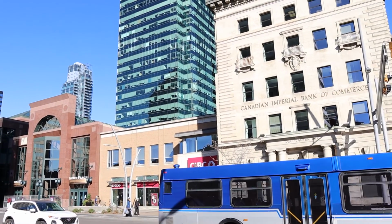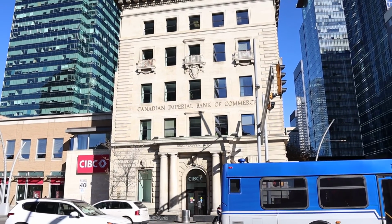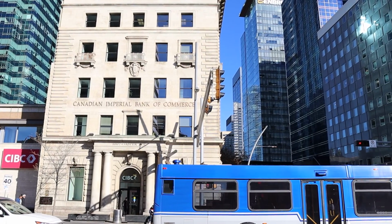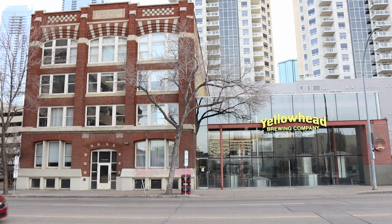And of course, there are buses downtown that will take you pretty much anywhere throughout the city you need to go. And you can also access buses that will connect you with some of Edmonton's surrounding communities such as St. Albert and Sherwood Park. And of course, I'm stating the obvious, but Edmonton's downtown really has a ton of stuff